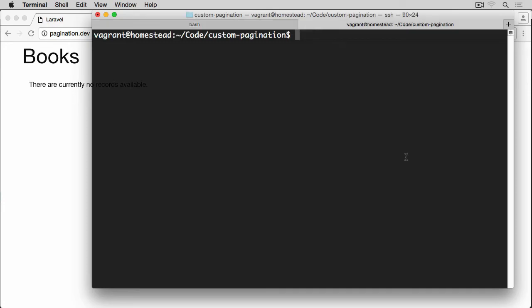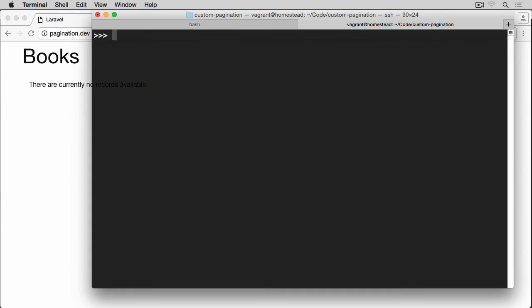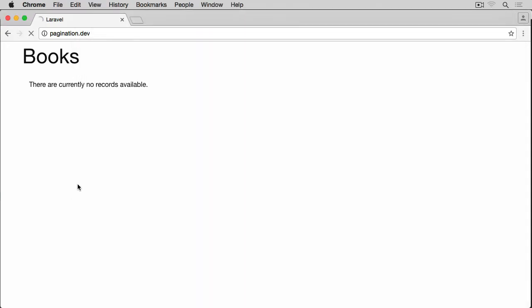Now I'm going to go back to the Homestead, and let's start PHP artisan tinker. And what we're going to do from here is add some book records using the model factory. So factory, then we go for App\Book class. We want 50 records, and let's create them. Hit return. There we go. Now we have records. So Control K to get out of Tinker, back to the browser,